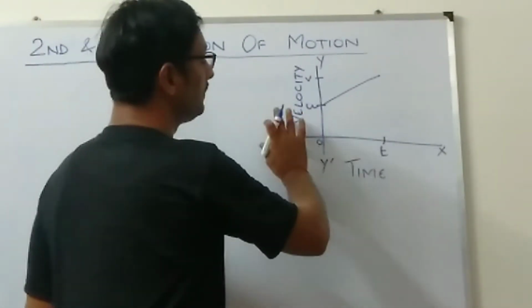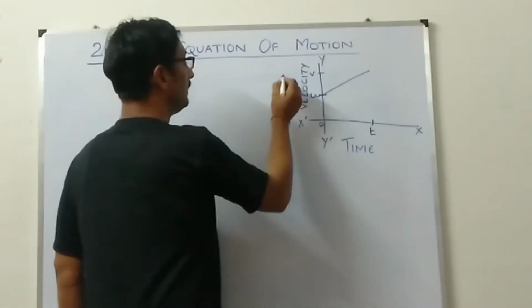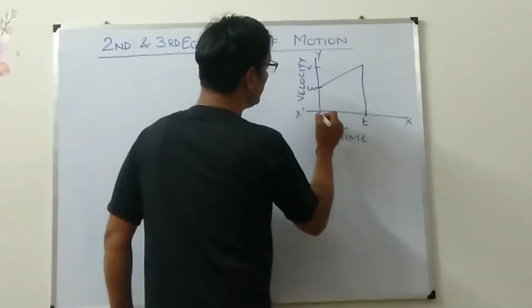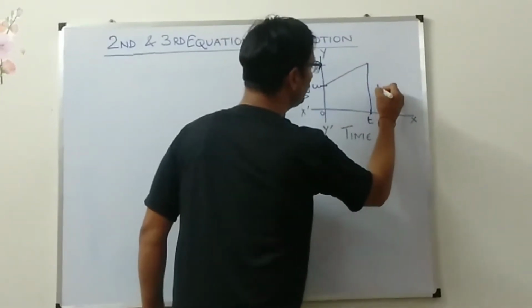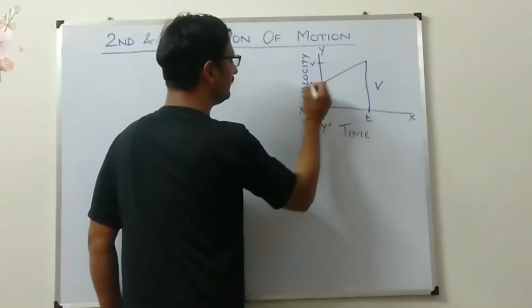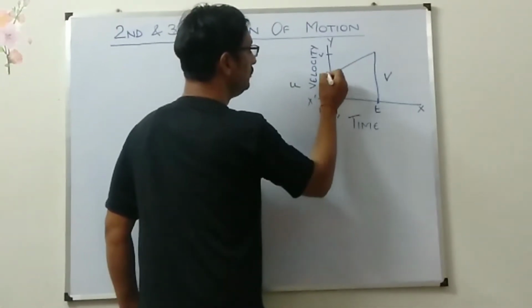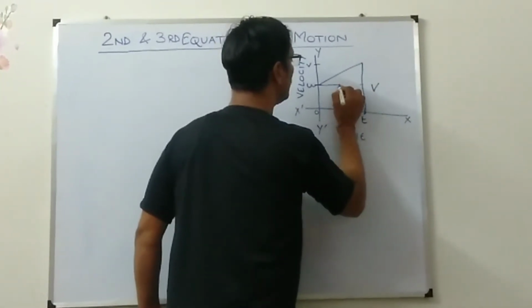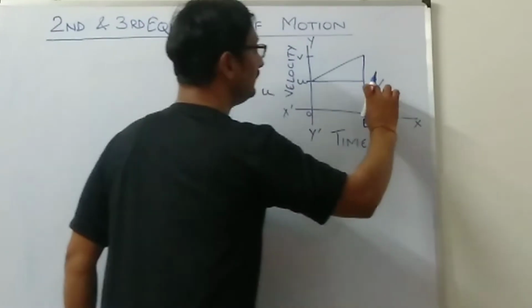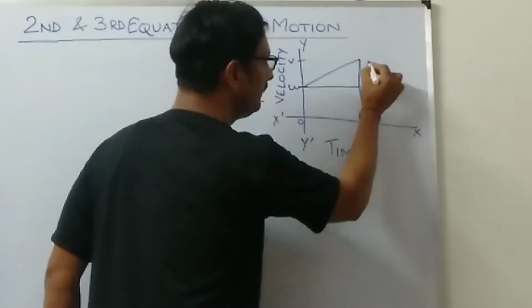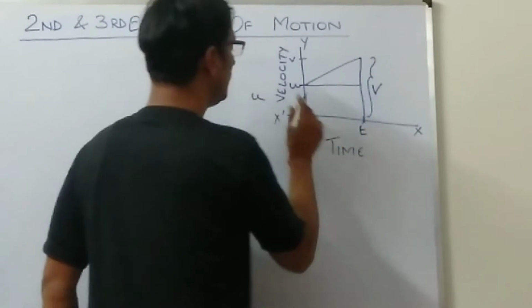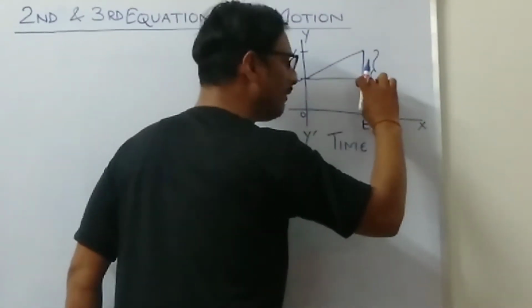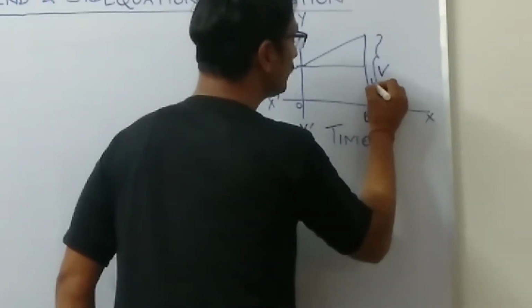So what is the situation over here? This is 0 to v. So this distance is v. What is this distance? This is u. This one is u. And what about this? This total is v. This one is u. So this one will also be u because these are parallel to each other.